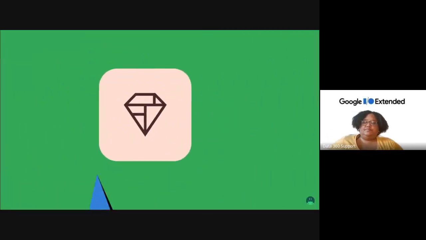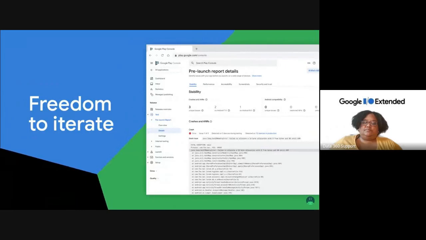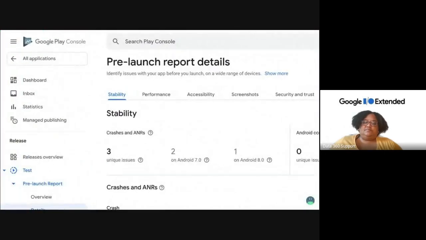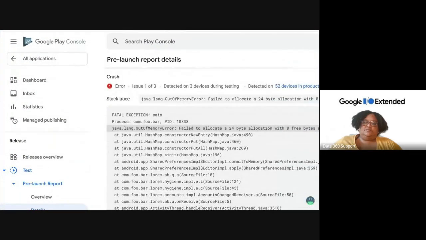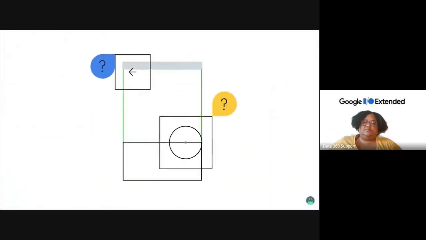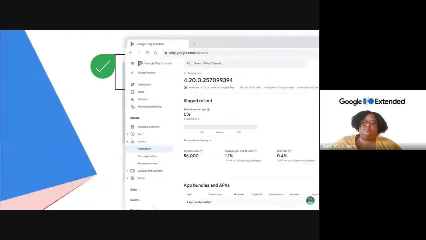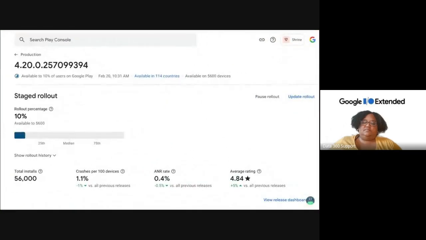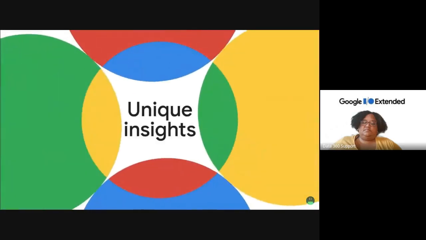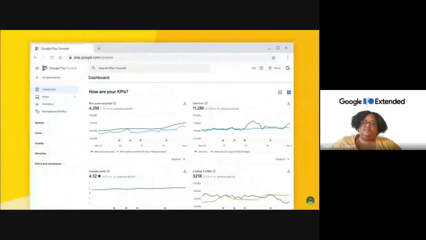Play Console also gives you the freedom to iterate. Our testing tools and pre-launch reports help you identify issues before they affect your users, so you can release with confidence. Allow your users to beta test new and exciting features, and then roll them out in stages to ensure a safe launch. You'll be able to make data-driven decisions with access to unique insights, such as exclusive metrics about